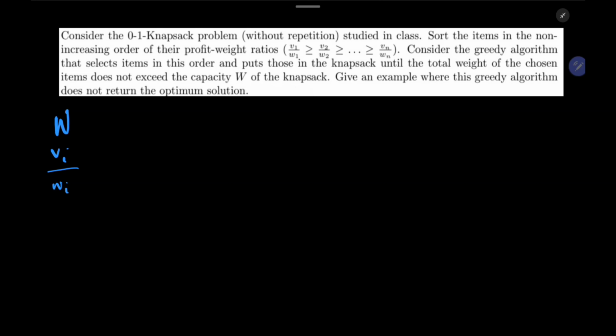So let's take an example. The question says to give an example where this greedy algorithm does not return the optimum solution. So let's say we have items. This is the example. Let's say we have items